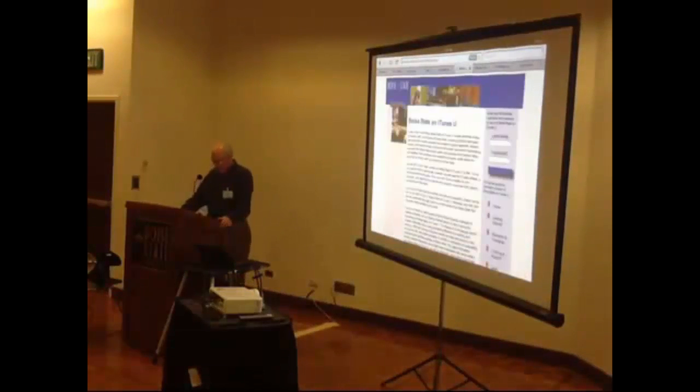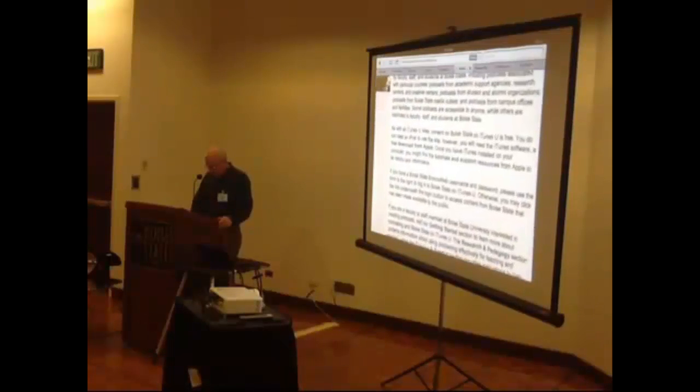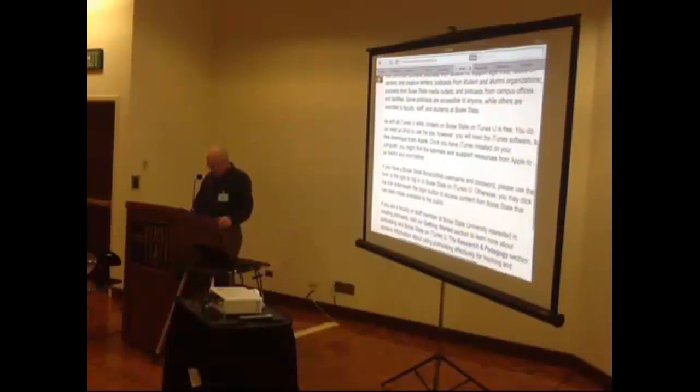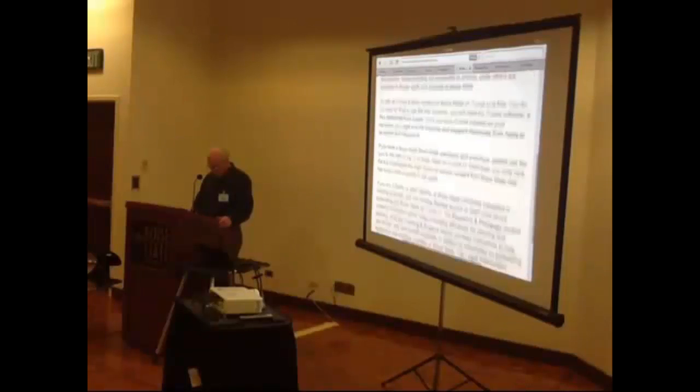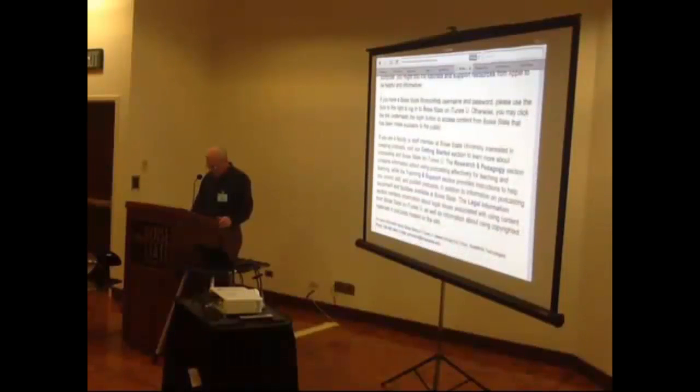So I've clicked that link. By the way, the login is simply your Bronco user ID and password. But on this first page, there's a number of things that I wanted to point out to you. There's some good tips under Getting Started. The research and pedagogy section also has some of the similar things that were in the PowerPoint presentation.